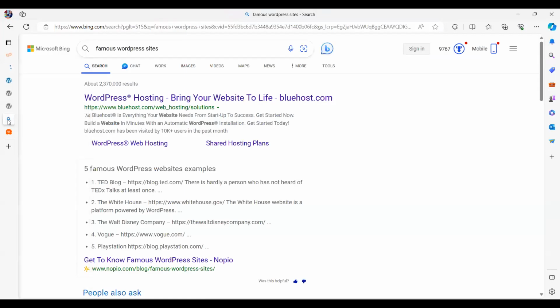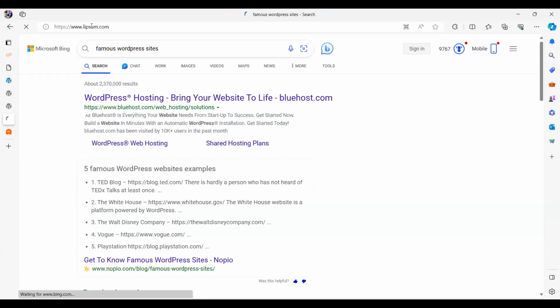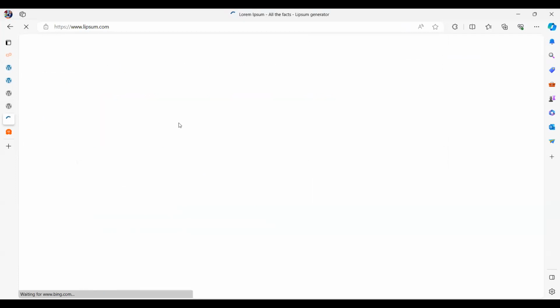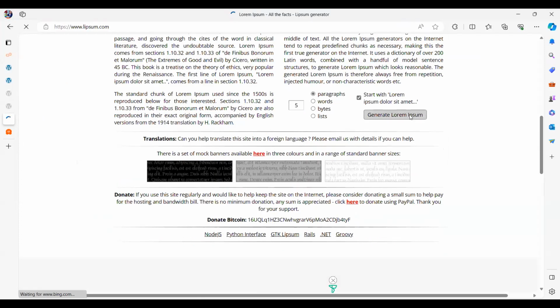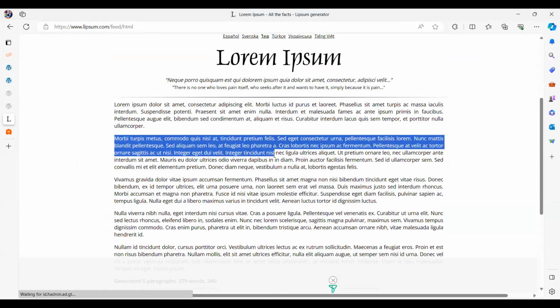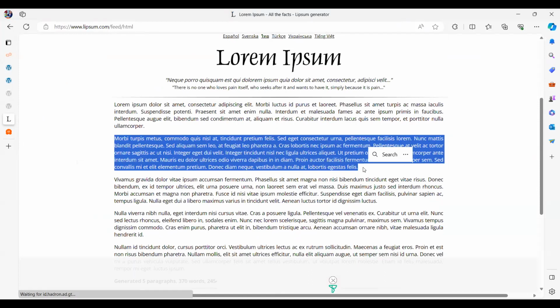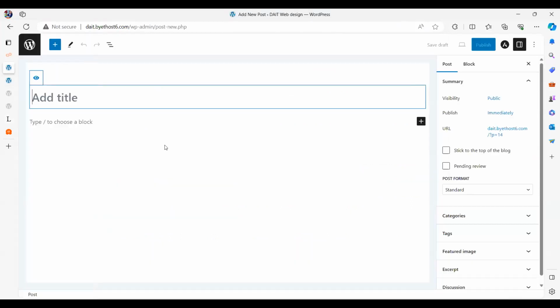So while we're at it, let me go to my lipsum.com to copy some dummy text. So I'm going to go here and say, give me some paragraphs in Latin. I told you I'm not copying English because people will start finding faults in my English when I start wasting in English. So, all right.